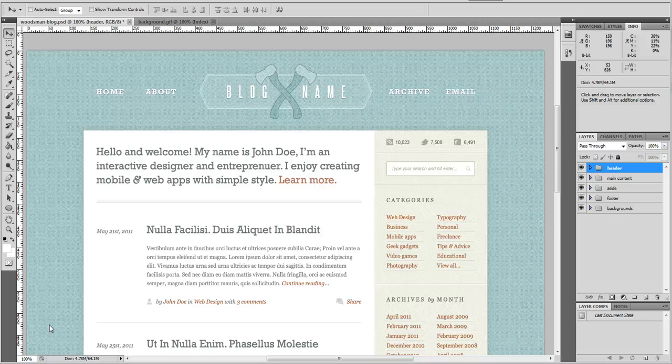Although I will show you how to optimize the slices that you do create, it's important to try your best to have as few images as possible if you can. Of course, if you are just an image-heavy website, then you just have to deal with it. But if you don't have to create sliced images, that's much better. So in order to answer your question on what you should slice, let's talk about what you don't need to